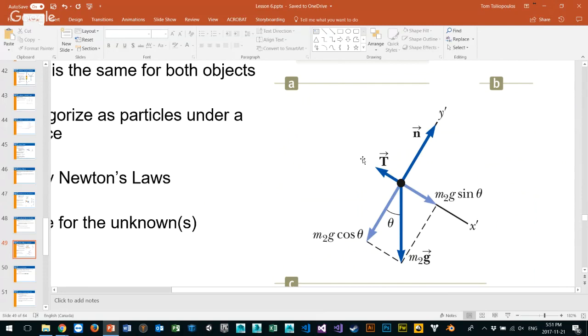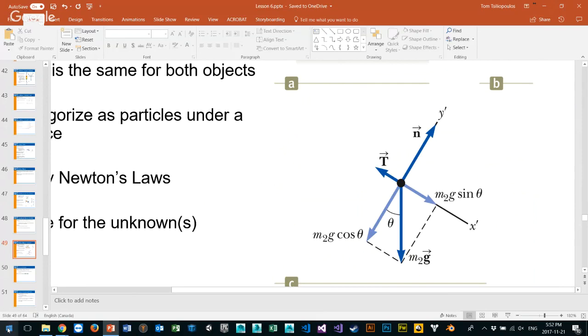Think about this. If I have 100 newtons going this way, because that's what it would be, and the other mass is 10 kilograms. This is 20 kilograms. Now I'm using a different mass. I'm using 20 kilograms times the force of gravity. Let's say it's 10 for our purposes, in our head. So 20 times 10 is 200 sine theta. And if my angle is, let's suppose, 15 degrees,